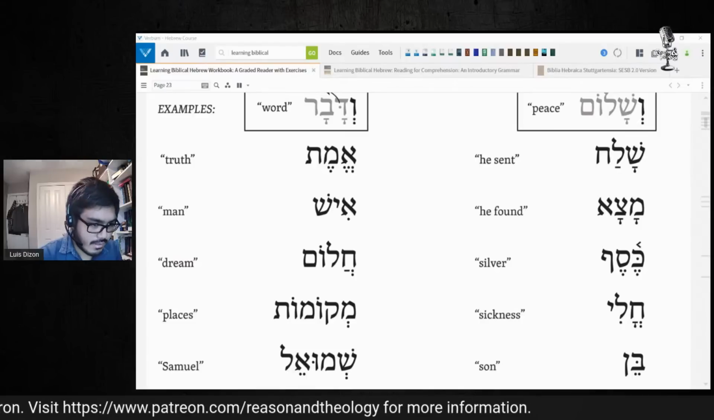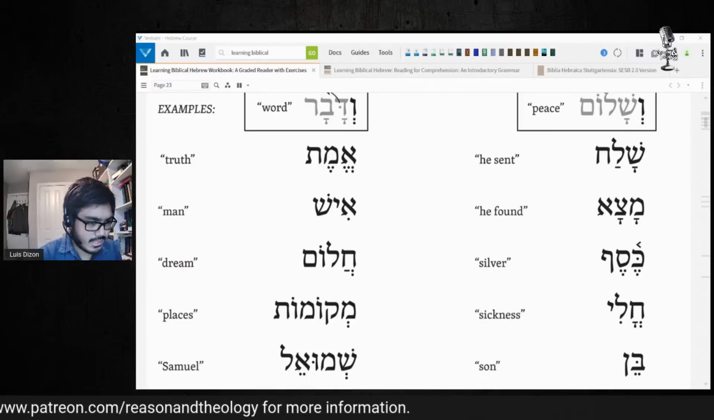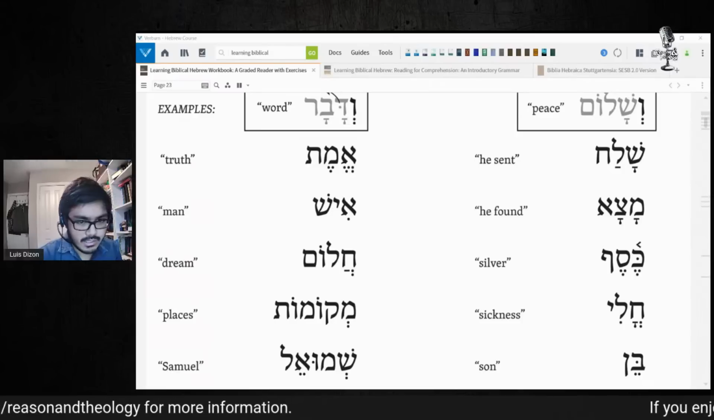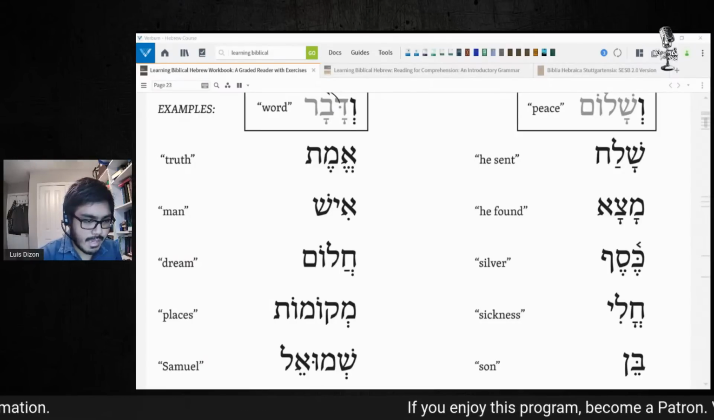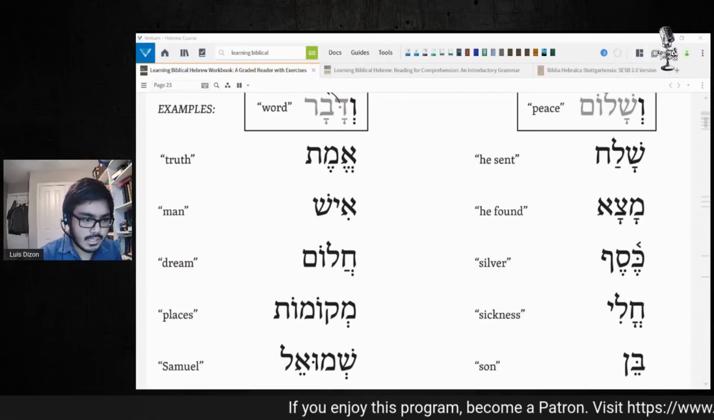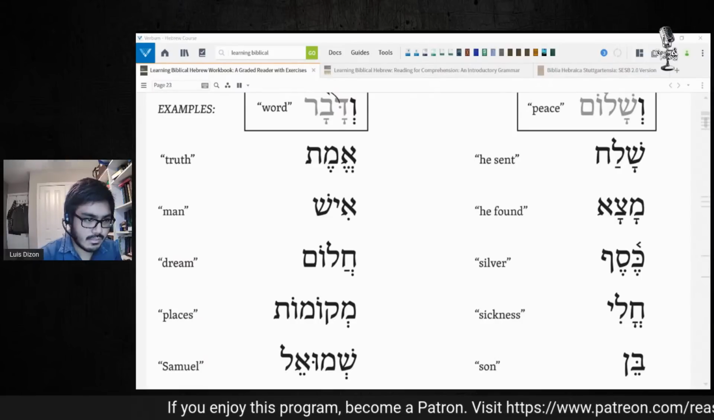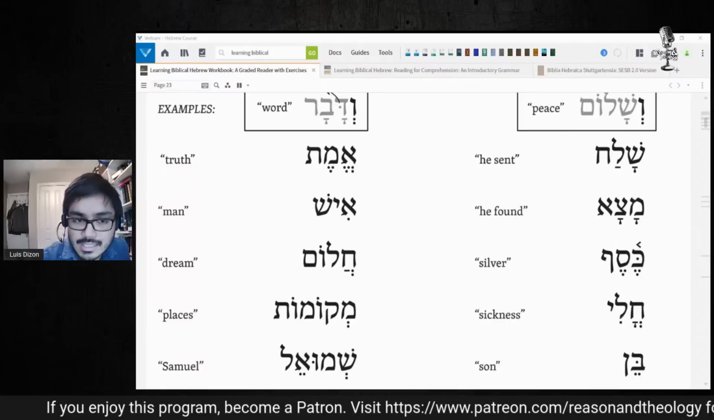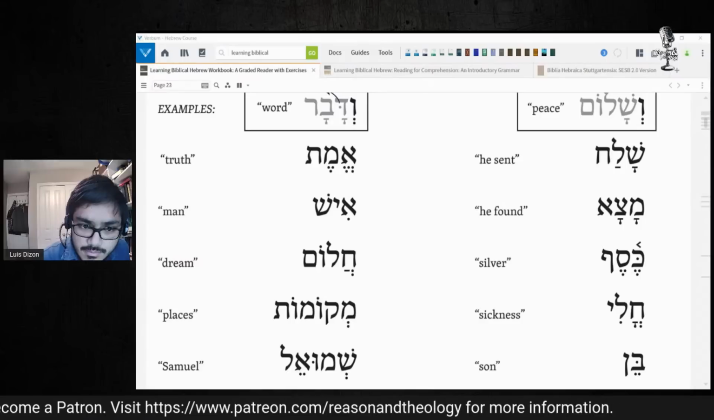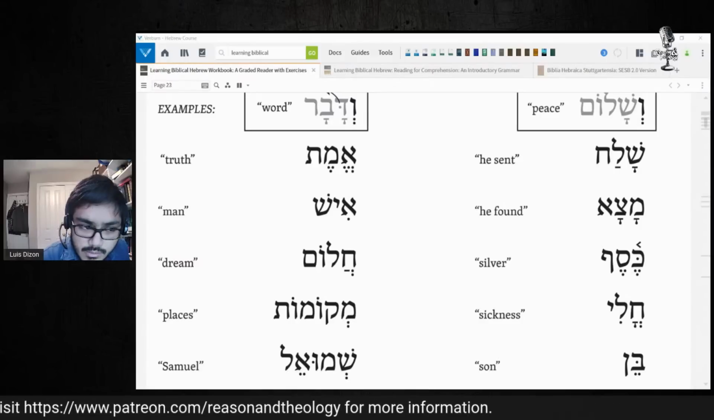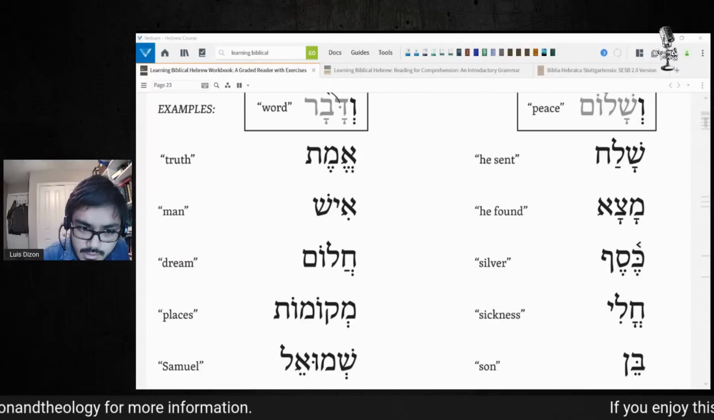Sorry, the shurek vav rather. So mukomot, and this is because letters that start with a mem take the shurek vav instead of the vav with the shva. And then veshalach, again, remember this, umatzah, vekesef,